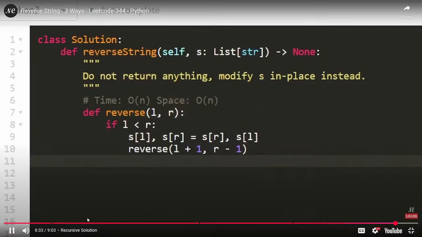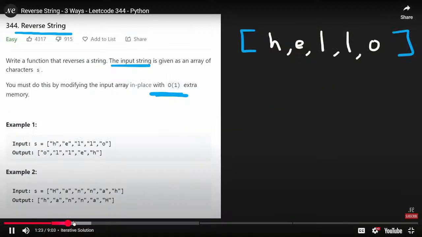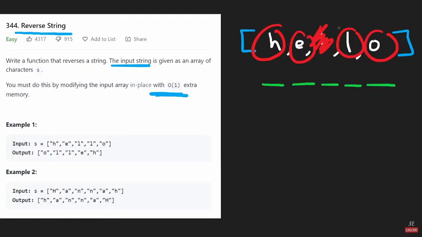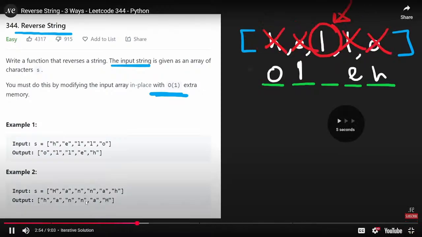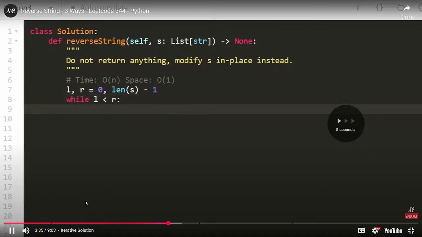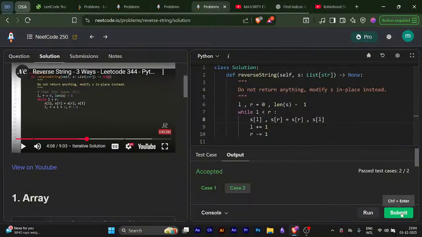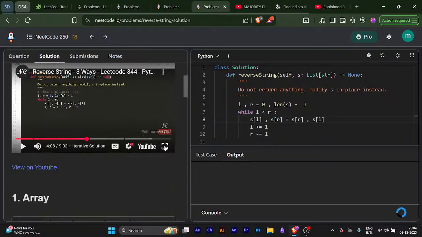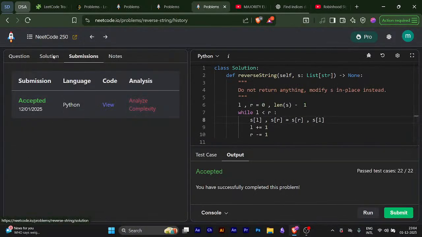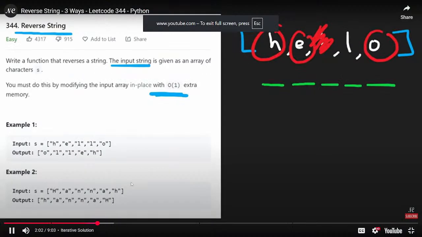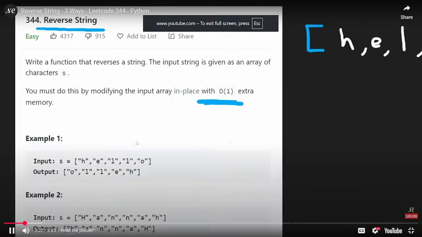And the last thing to do is don't forget to add an example of how we're going to solve this. With an even number of characters, we would swap these two, then we would swap these two. That's what I was trying to do. I know, I'm so awesome. Thank you. And to be honest, if